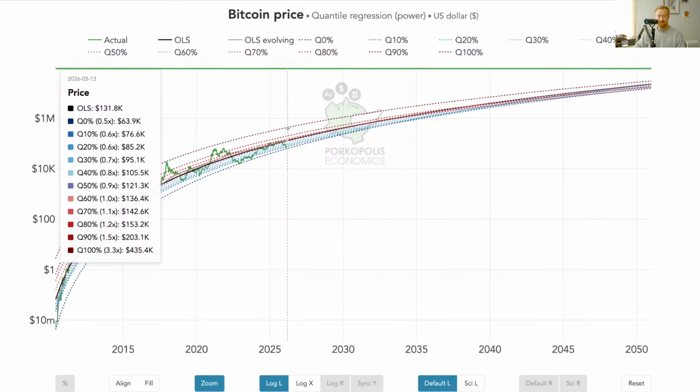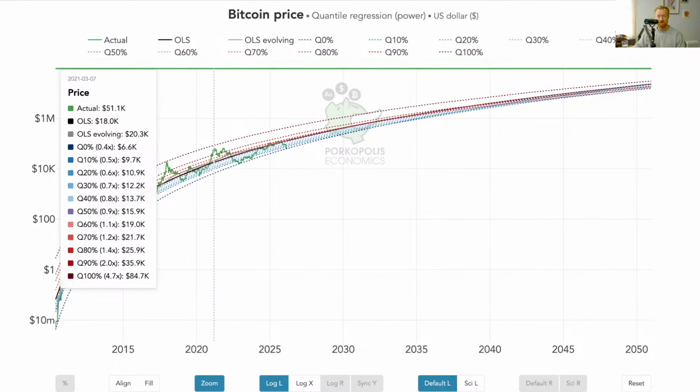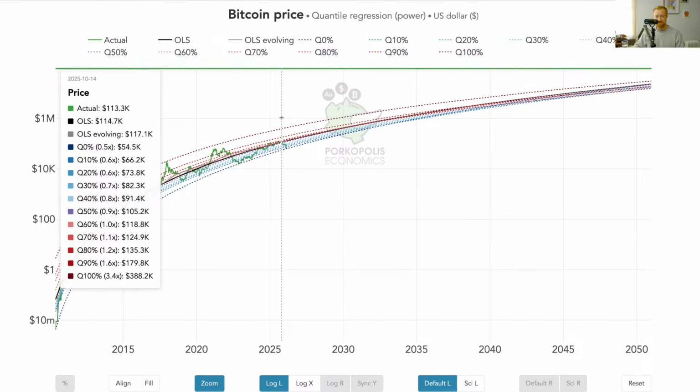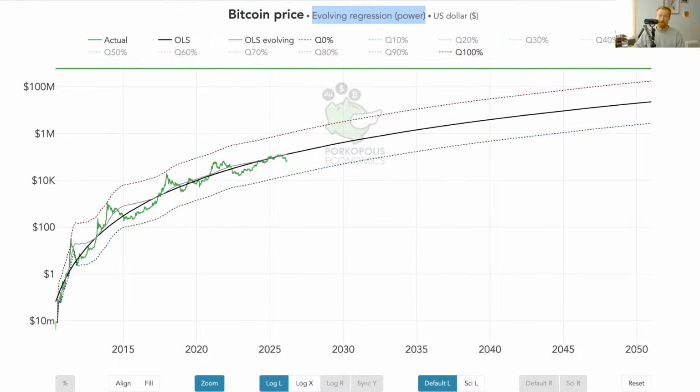Look at that Q100. 5x back in 2020. 4. Right now it's 3.3. And you can see, by the way, that this is a much better way to look at Bitcoin, a power curve, than this one, right? Because just holding that multiple fixed from the early days, 7.7, which is what I'm doing, doesn't show us much. Power curves don't grow this way.